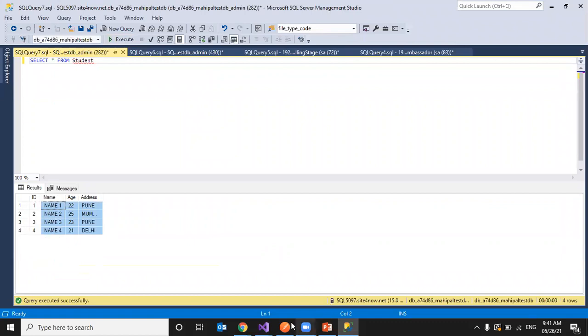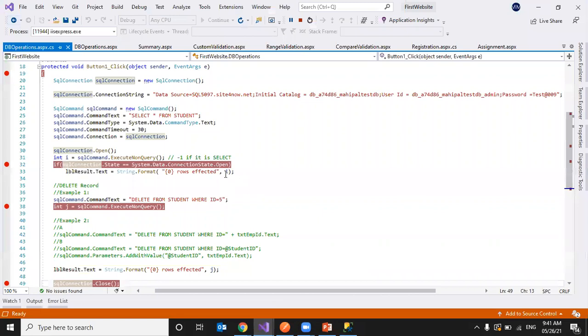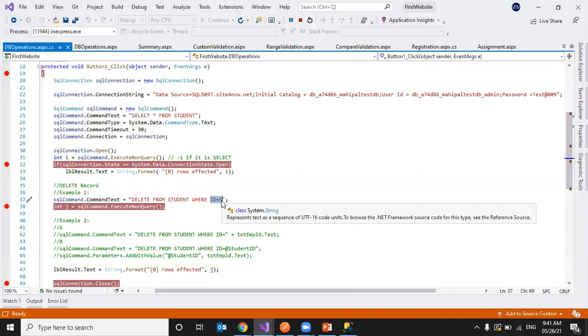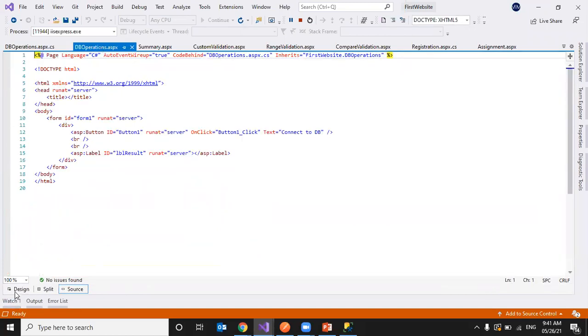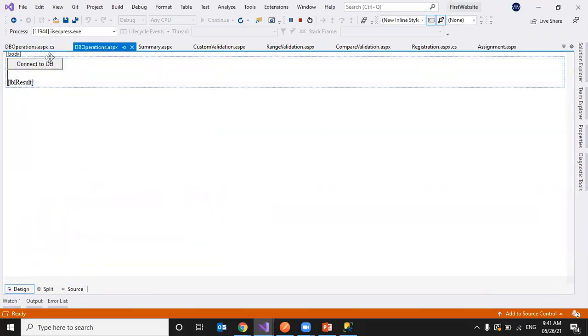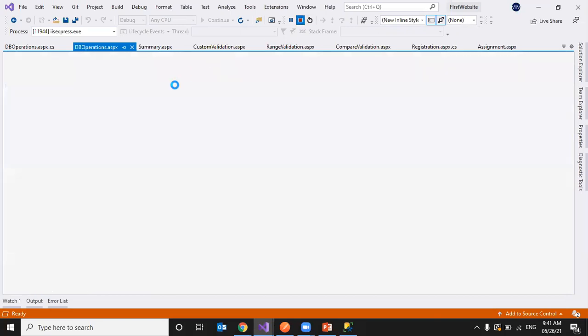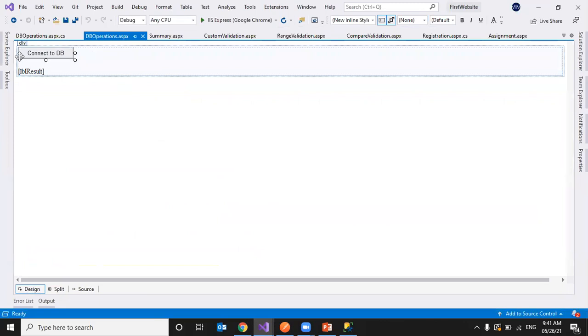Now here, what we are doing is hard coding the value which we want to delete, right? In real time, we cannot do this. We cannot update the code for each record. So what we will do is place some text box here. On entering some value here, an ID or name, anything, and clicking on the delete button, we will delete that record. We'll make that change and we'll see how we can write such code.